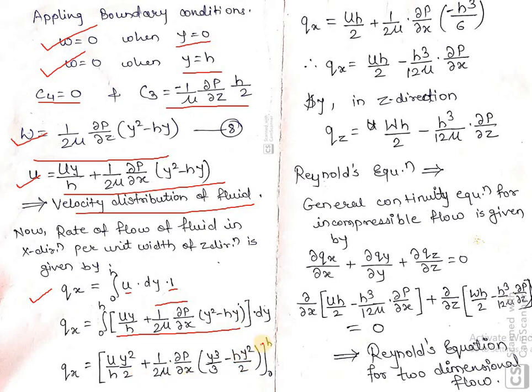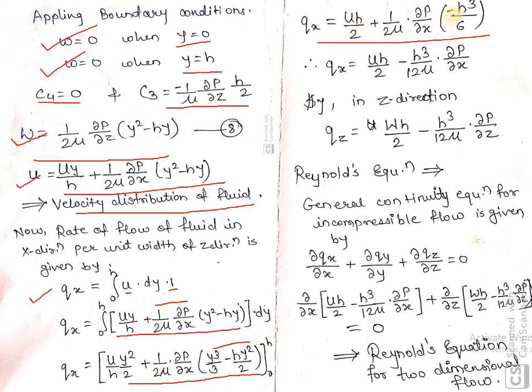Now again you have to solve this by substituting y equals h in this term, minus, again you have to substitute y equals 0 in this term. You all are aware about integration. So on solving it, you will get this equation. When you substitute y equals 0, the total term becomes 0, so simply the h term remains. So here it remains h, and on solving this bracket, that will give you minus h cube upon 6.